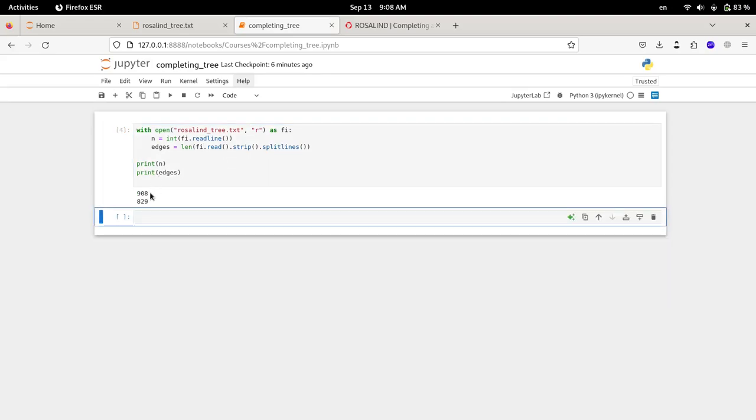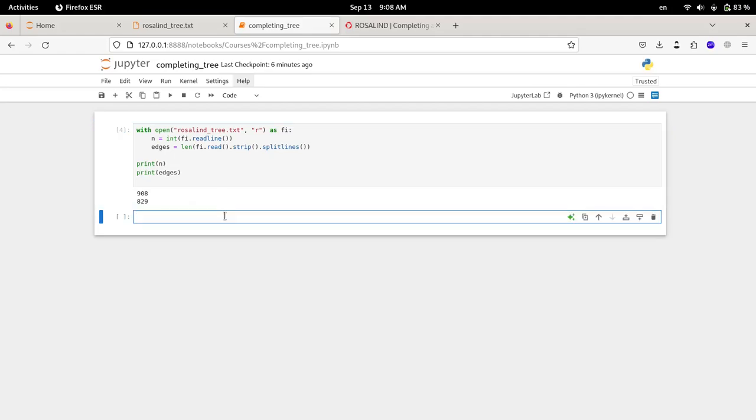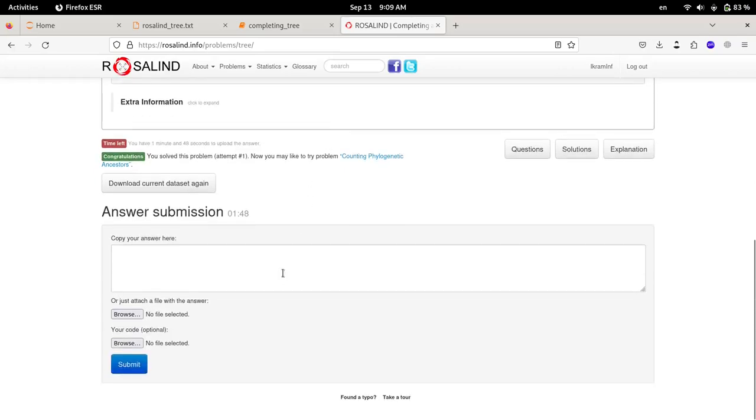Okay, so we have 908 nodes and given edges is 829. So the minimum edges we require is n minus 1 edges, and we have been given 829. So we need another 78 edges. So if we submit the answer in here and check,